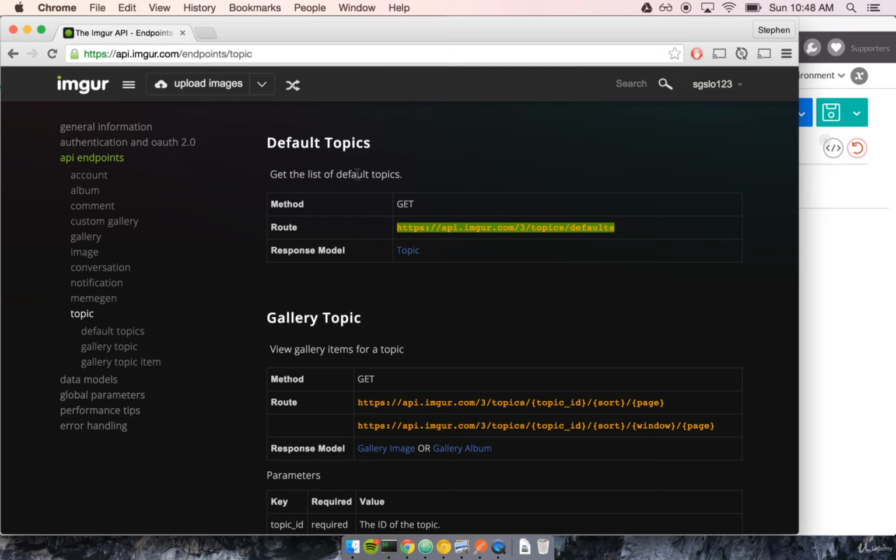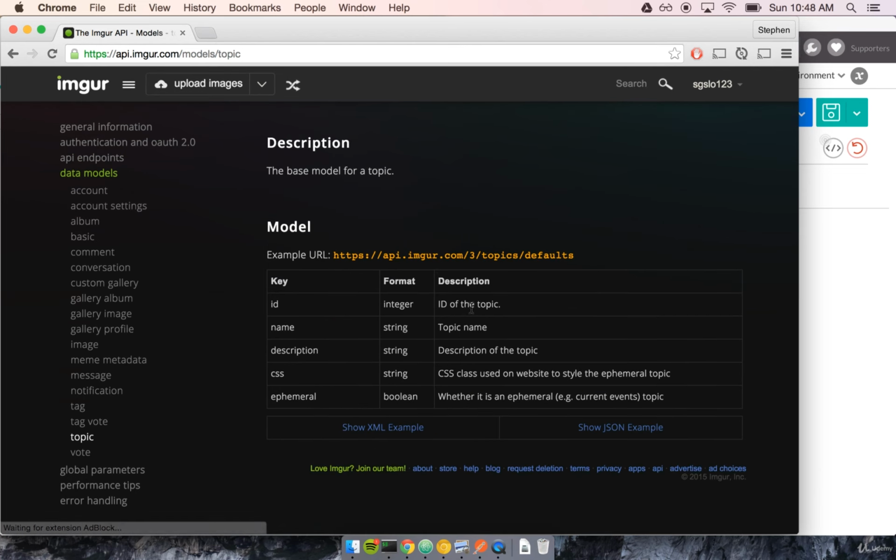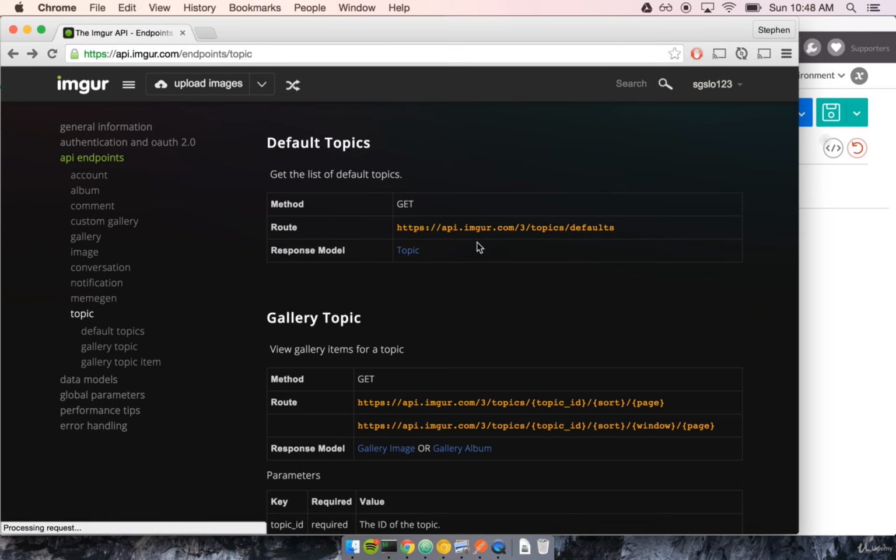It's really important to note that each endpoint tells you what type of data you get in your response as well. So you'll see here it says response model, and if you want to, you can click on it, and this is the model for a topic. So the data that we get back is going to have an ID, name, description, some CSS, and a Boolean here. So let's go back, and we're going to copy paste this URL here